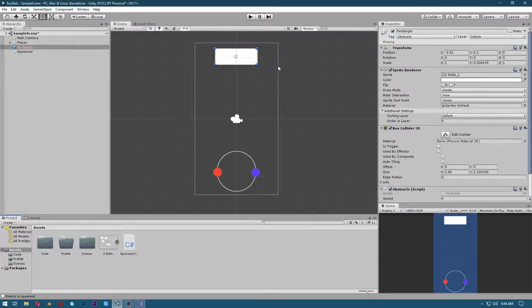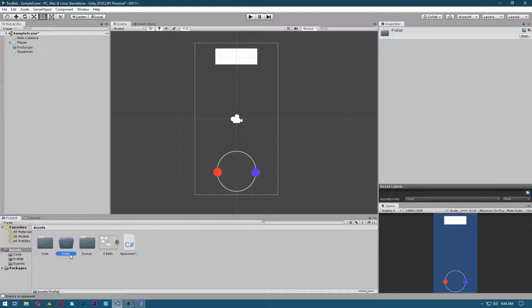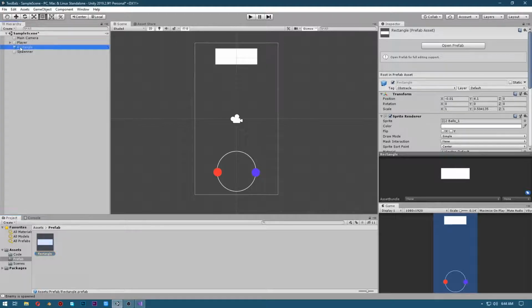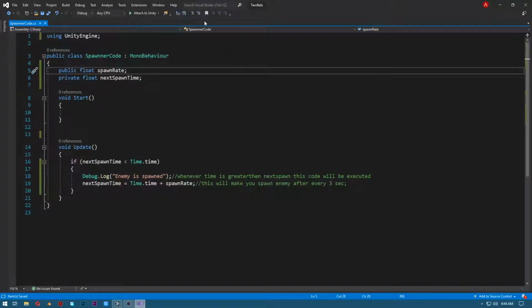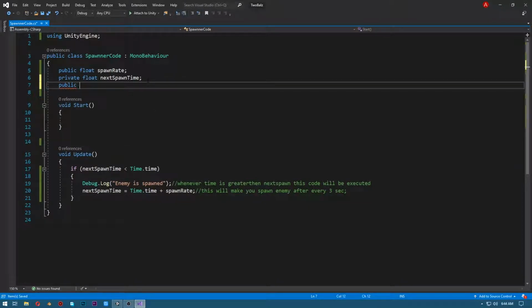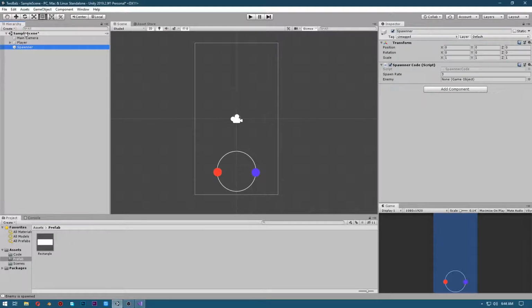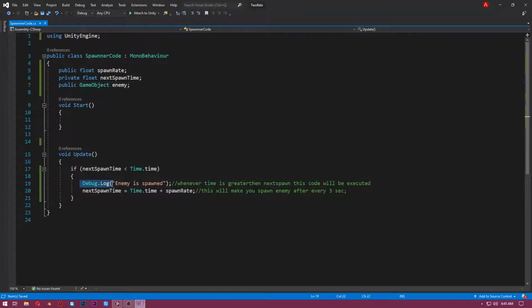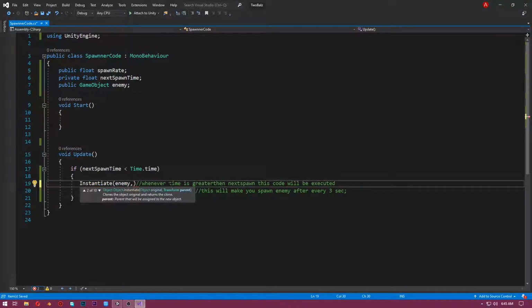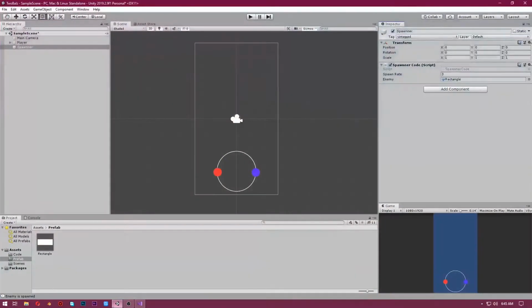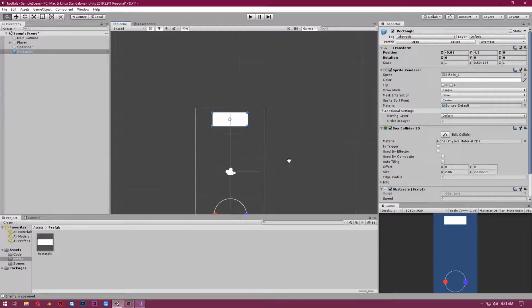Drag and drop our enemy to the project panel and delete it from hierarchy. In Visual Studio, write public game object enemy, which is going to be our reference for the enemy. And now drag this enemy in the inspector and in the update function write instantiate enemy, new vector 3, and we need to know where we have to spawn our enemy, so drag and drop it to the hierarchy again,